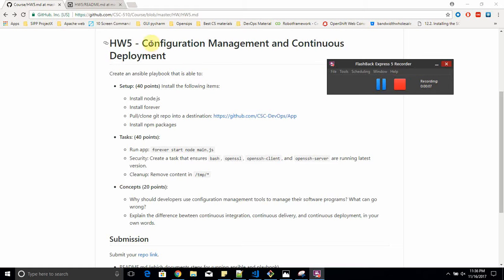Today I'll be demonstrating the configuration management continuous deployment by executing an Ansible playbook. This Ansible playbook consists of the following tasks. It installs Node.js, installs forever, will clone a Git repository and will install npm packages on a remote target called Node0. Secondly, it will turn on the Express server on the Node0 by running the command forever start node main.js